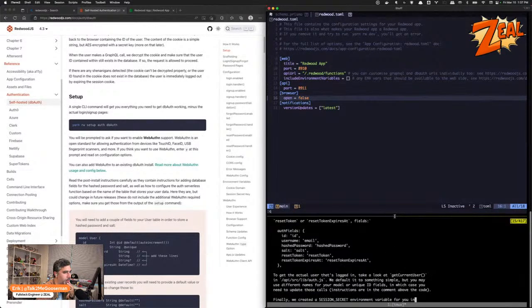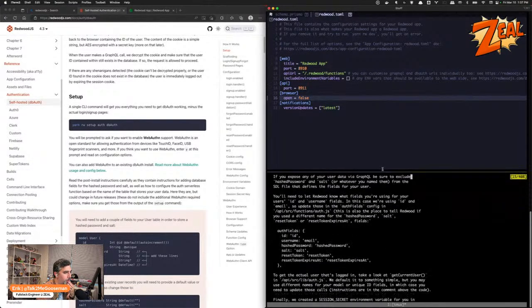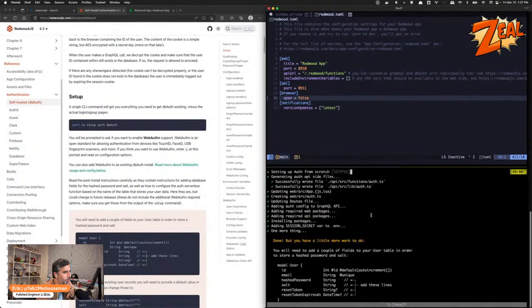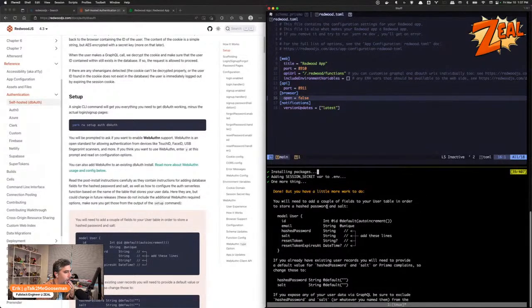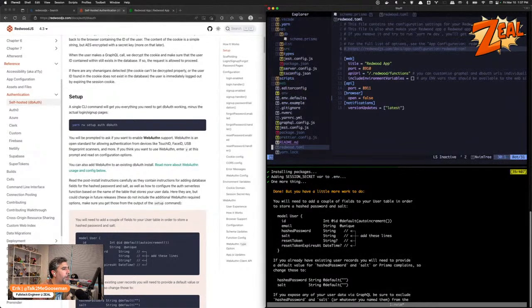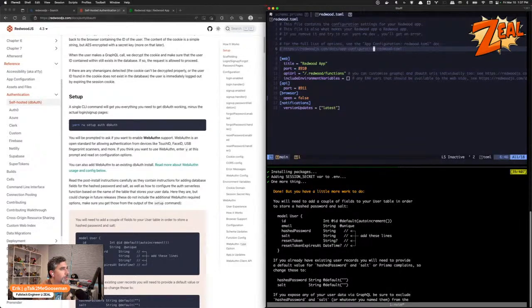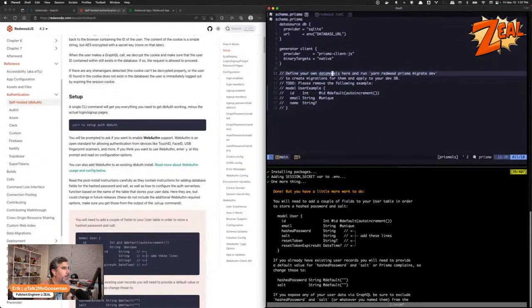Okay, so let's see. All right, so what does it say? You'll need to add a couple of fields to the user table. So let's go ahead and hop over to our user table. So it would be the schema Prisma. We don't have a user table yet. So this is our user example. So we'll go ahead and